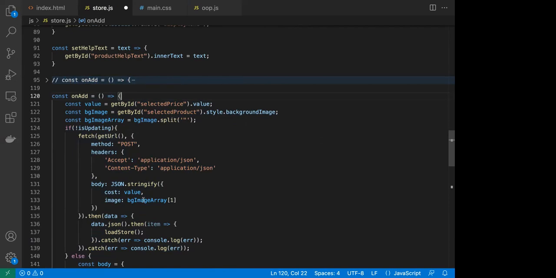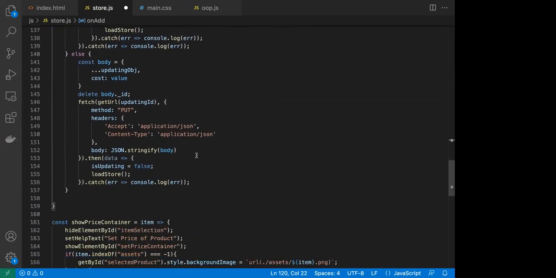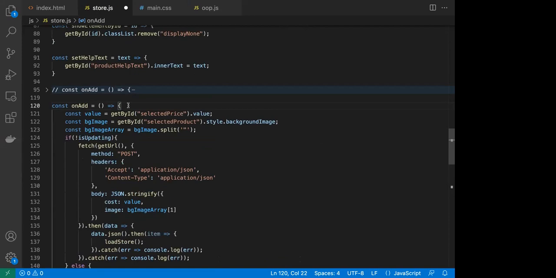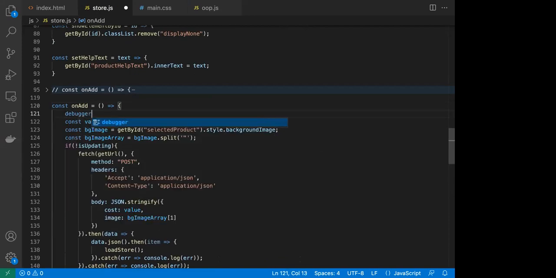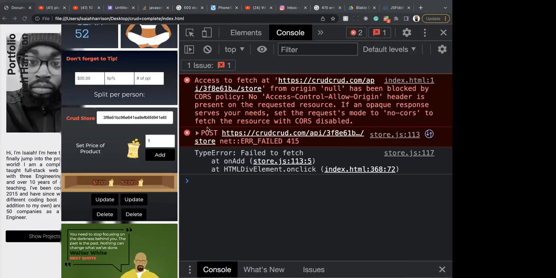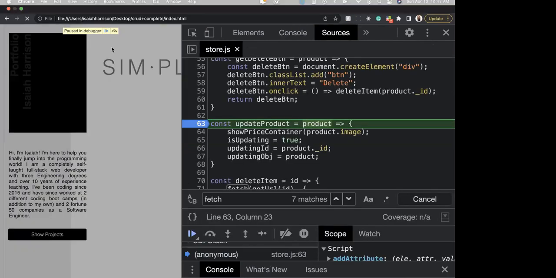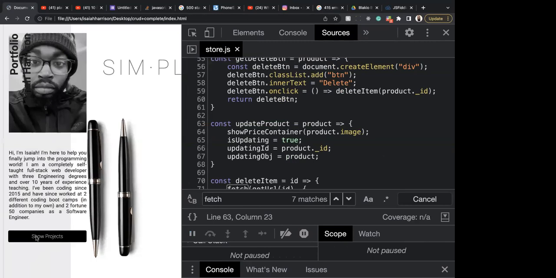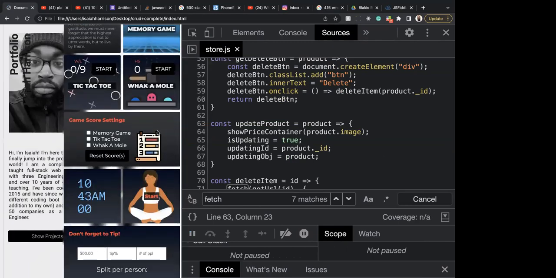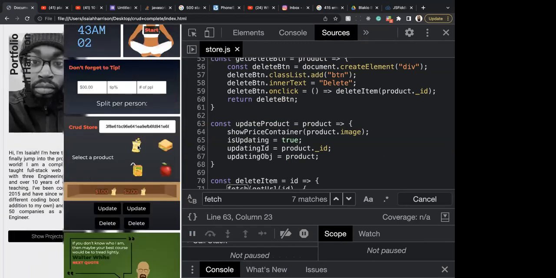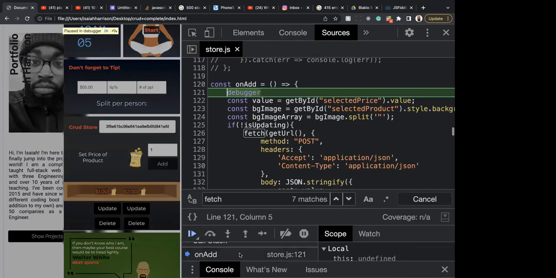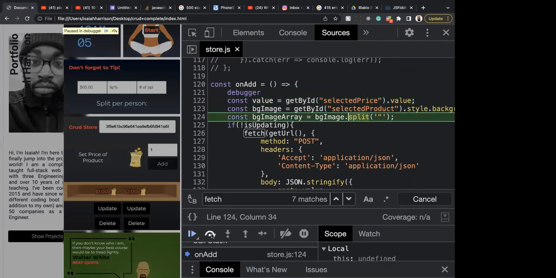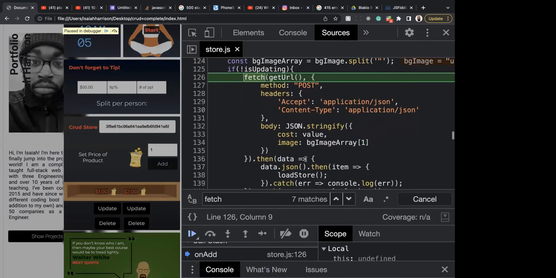Let me put a debugger in here real quick, just so I can get all the values out. Refresh. Check that out. Play. Okay, cool. So by the time we get to this fetch, we have